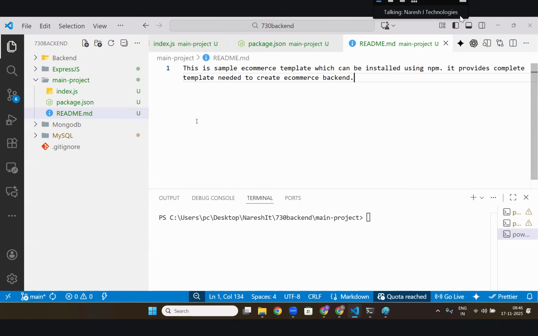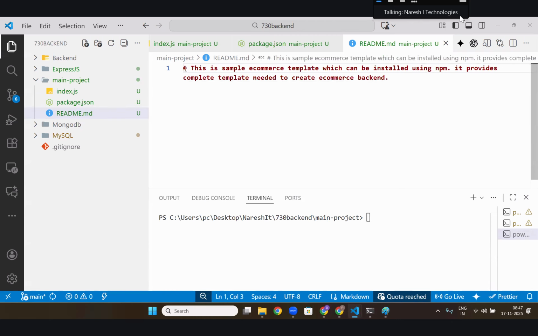Okay, what is this particular readme? Readme is just for instructions. You can write it as an MD file, which gives nice instructions. You can even put a hash before a line to make it look bold and nice. These are called MD files, markdown files. In GitHub, people will see the instructions, and all instructions come from the MD files only. This is just for instructions.